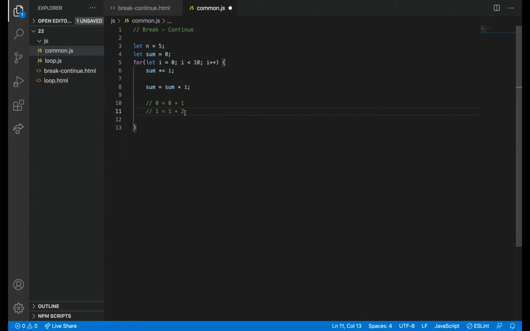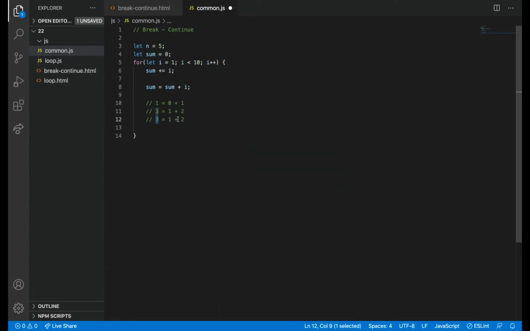Sum plus, this is sum here, and then i's value we can take as 1. So 0 plus 1, the first thing, 1 will get stored, and then 1 plus loop variable 2, so 3 will be stored.